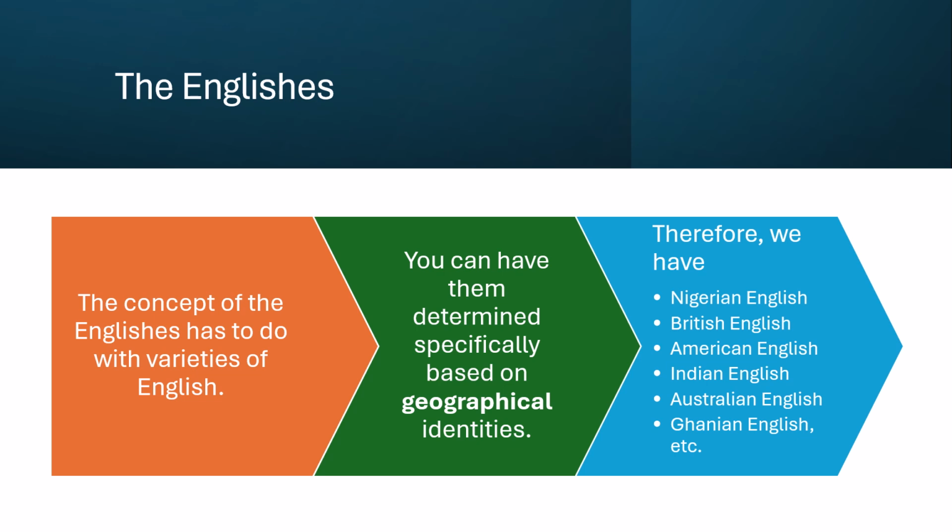When Banjo was doing the classification, he talked about the one that may be close to RP, Received Pronunciation, but it is not acceptable, because there's what is actually grammatical, but is it acceptable? That is the issue. I remember there was a young woman in BBNaija once, and everybody was saying she was faking, which is what they will tell you if you're trying to talk like a foreigner, not like a Nigerian. Of course, the Nigerian accent is also what many people are admiring now and want to speak, and that's also what we should be proud of. So people will just be laughing at you and telling you that you're just being fake.